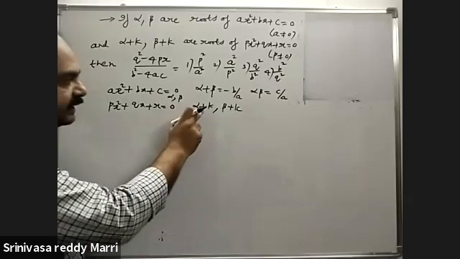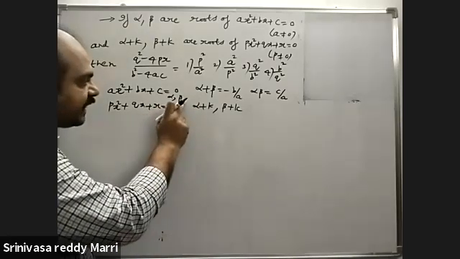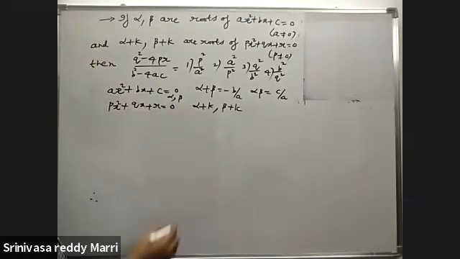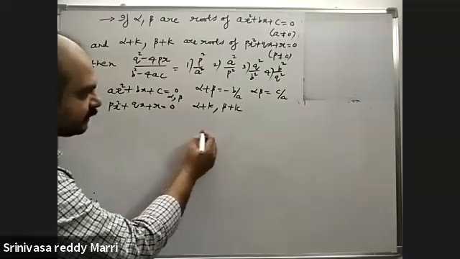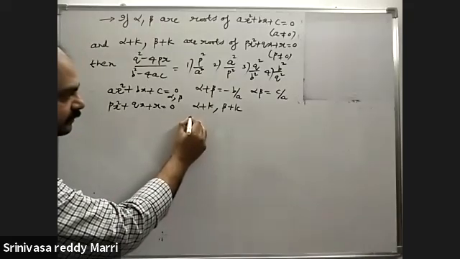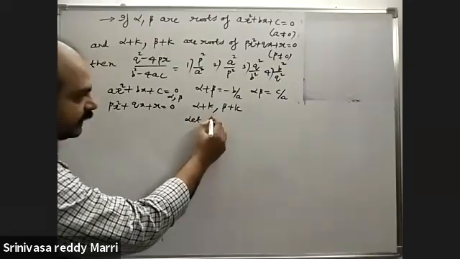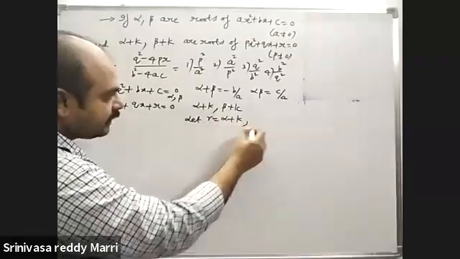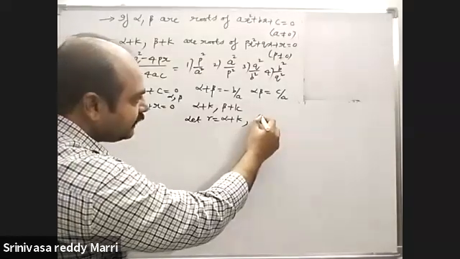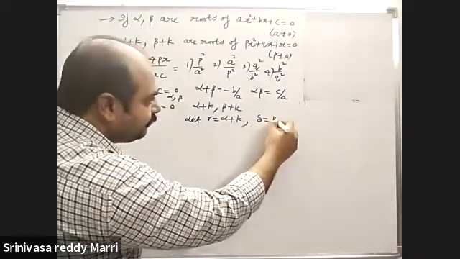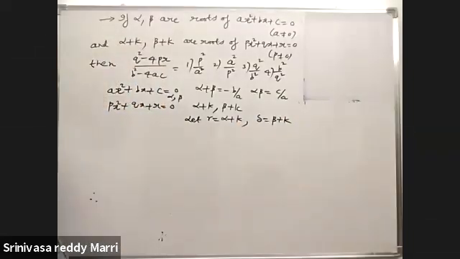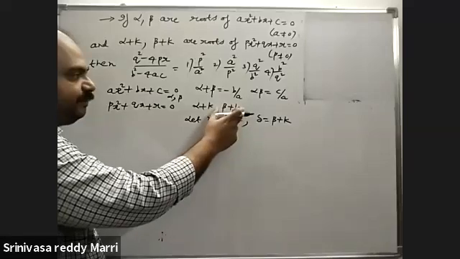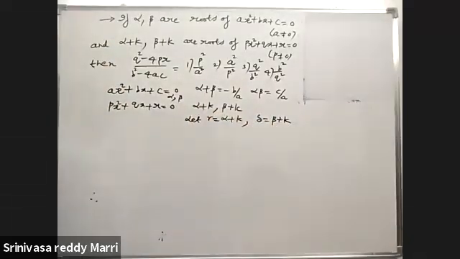You can observe that the difference of these two is alpha minus beta. Difference of these two is alpha minus beta. That means the difference is same. What I am doing is, let gamma equal to alpha plus k. I am taking this alpha plus k as gamma, and beta plus k as delta, for convenience.